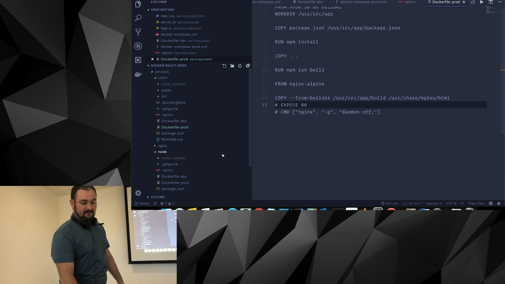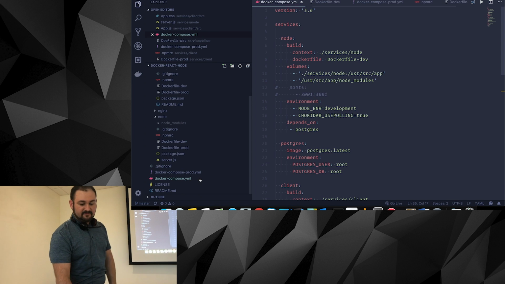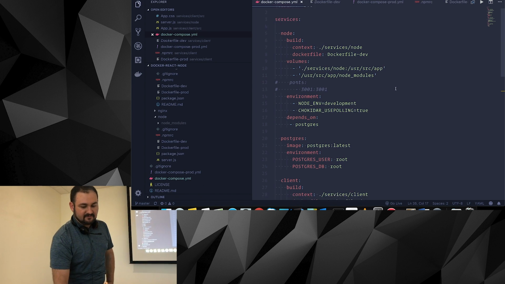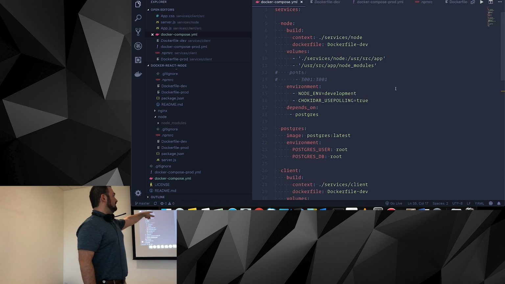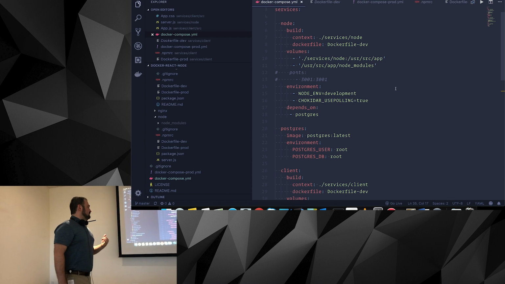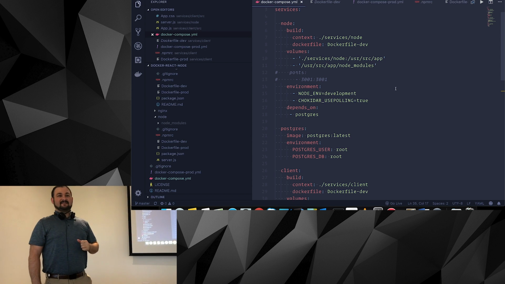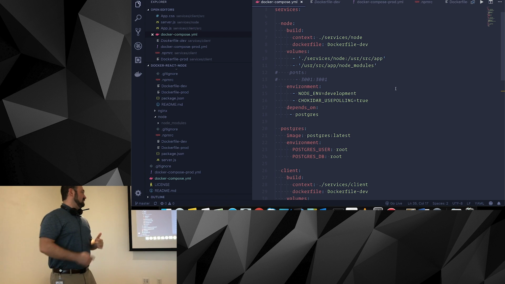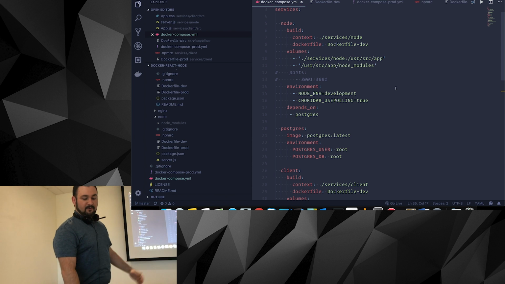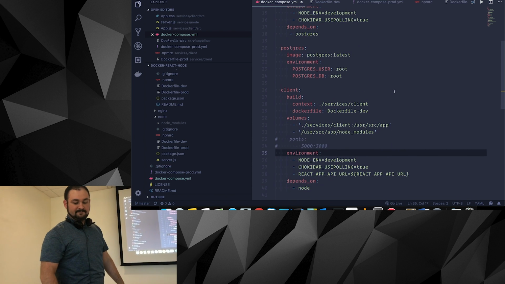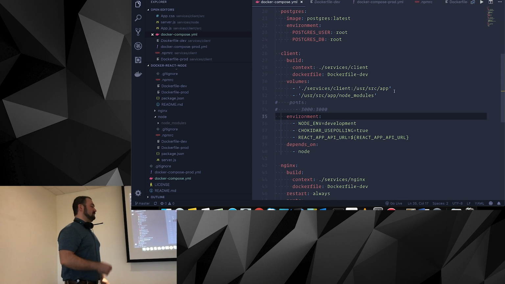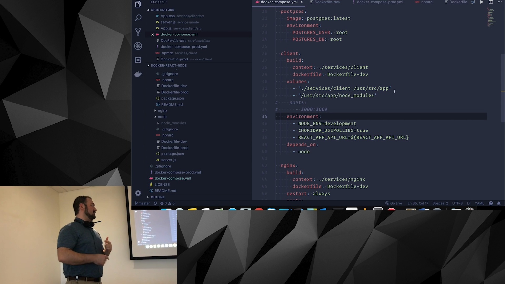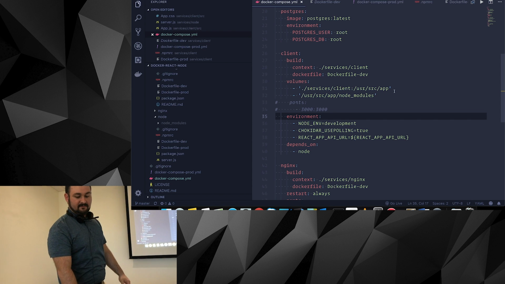So looking at the Docker Compose file, same kind of weirdness with Node, copying in the node_modules folder. We have to pass in some environmental variables. The CHOKIDAR_USEPOLLING thing is a specific Node process that looks for file system changes, so you need that to hot reload. Here we bring in Postgres just because. Same thing, we're using CHOKIDAR_USEPOLLING so that Webpack will track if we're making changes to our development project.